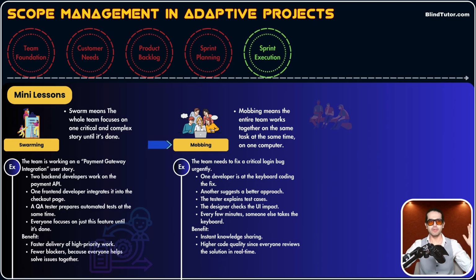No, I mean, everybody was responsible for that user story, but separately. They were working separately, but on one single user story. But in mobbing, everybody is on the same screen. Okay, they do everything together. And the last